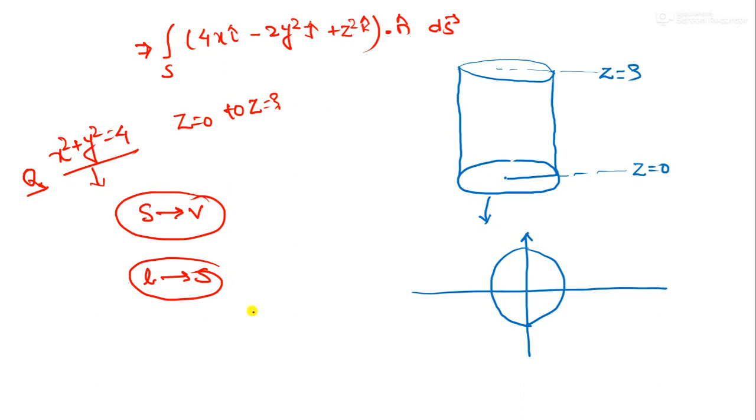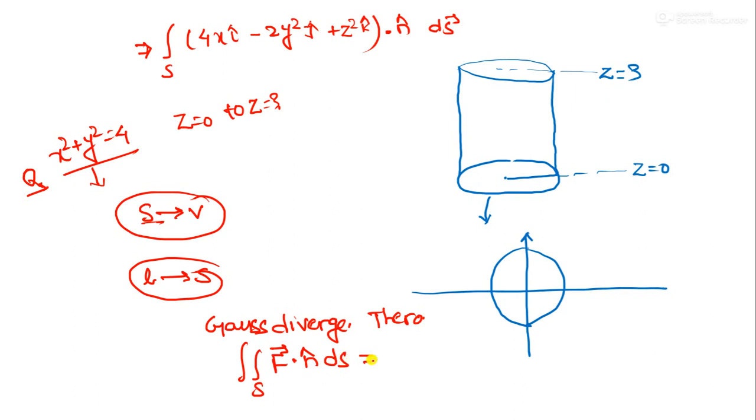Okay, now what is the Gauss divergence theorem? It says we move from surface to volume, so the double integral over the surface of vector F dot unit vector n dS will be equal to the triple integral over the volume V. We are moving from a double integral to a triple integral. The divergence is already mentioned in the theorem itself, so it will be the divergence of that vector field